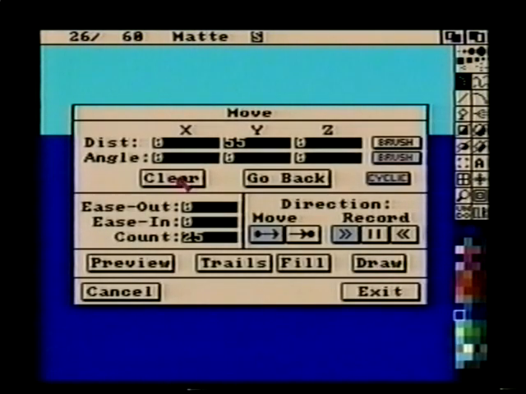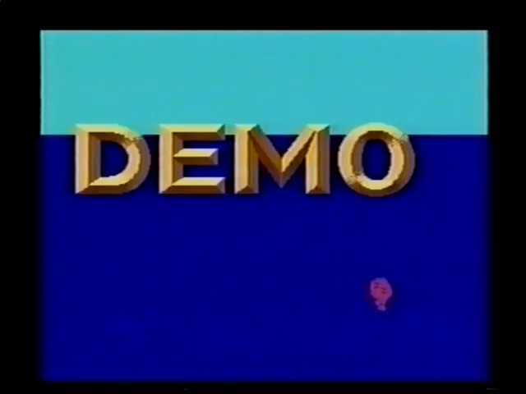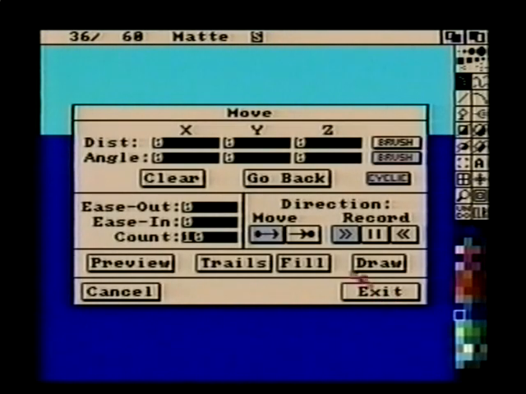Click on Clear and set count to 10. Hit Draw. The Move Requester automatically remembers the last position of the brush. This will just stamp down 10 more in the same place. Select the Move Requester once again and set count to 25, Y distance to -55,